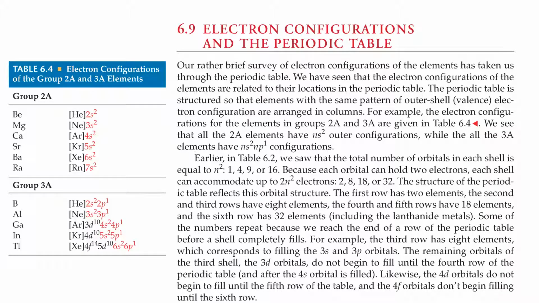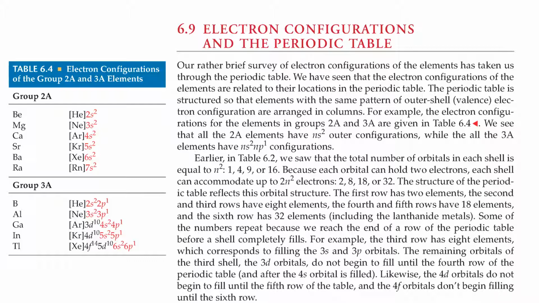Section 6.9, Electron Configurations and the Periodic Table. Our rather brief survey of electron configurations of the elements has taken us through the periodic table. We've seen that the electron configurations of the elements are related to their locations in the periodic table. The periodic table is structured so that the elements with the same pattern of outer shell or valence electron configurations